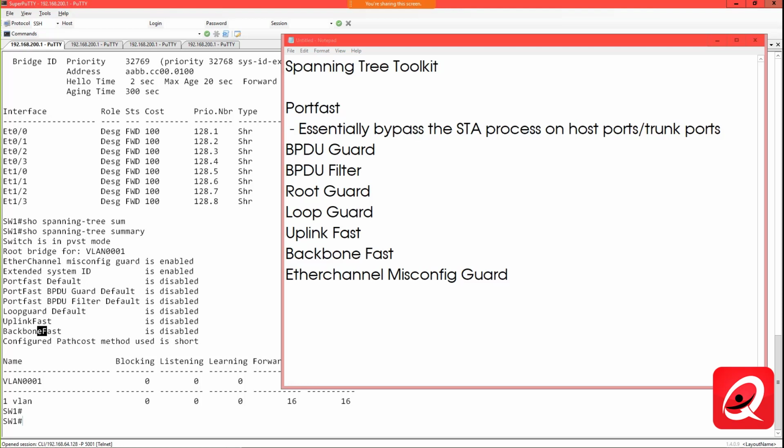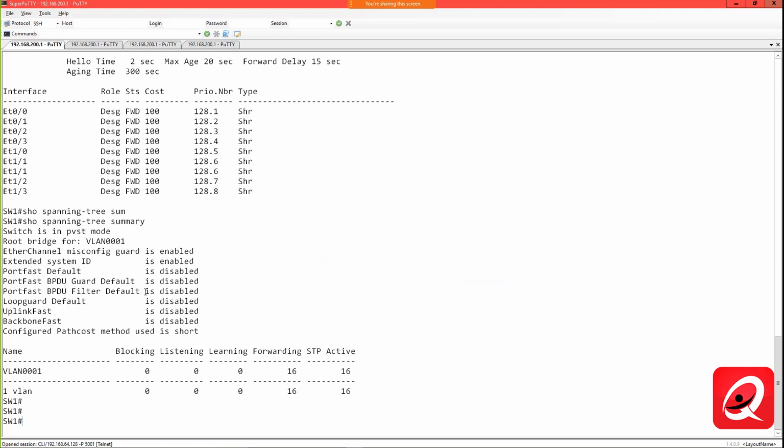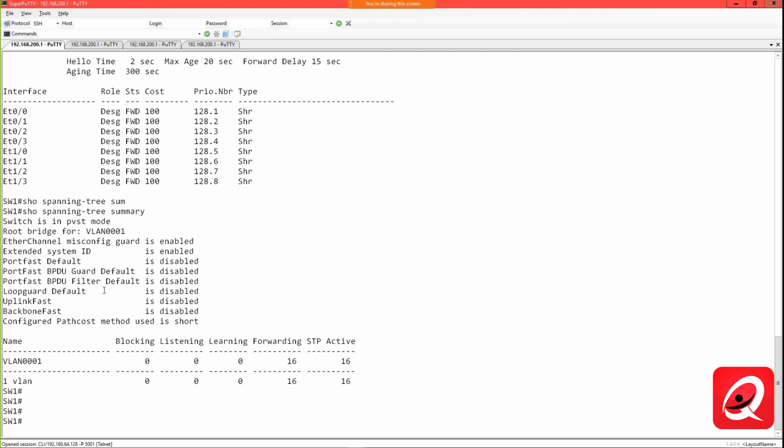All right. Now, we typically will use Portfast in combination with another feature, which is BPDU Guard. But before I get into that, let me just demonstrate a couple of concepts about the Portfast feature. And it's really simple, right? You can choose to enable this globally, or you can choose to enable this on a per interface basis. So let me do a quick show